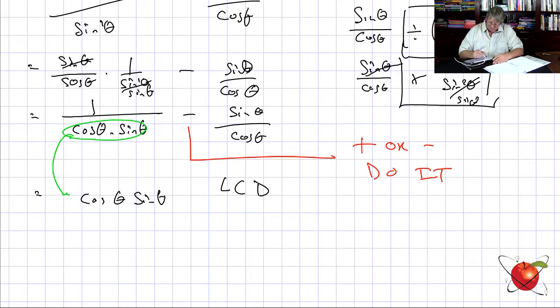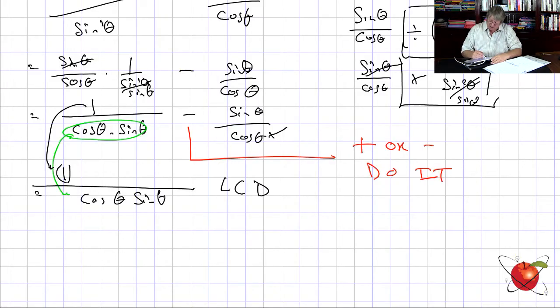Draw a long line. Put that underneath, go to the next one and say, have I got a cos theta? Got it, I don't need that cos theta. Take it, then put the 1 down, the thing from the top. Remember this? This was the recipe for doing these. Put it down there. Cos theta, sine theta goes into there, leaving me with the 1. Cos theta goes in there, cancels the cos, leaves us with sine theta times sine theta, which is 1 minus